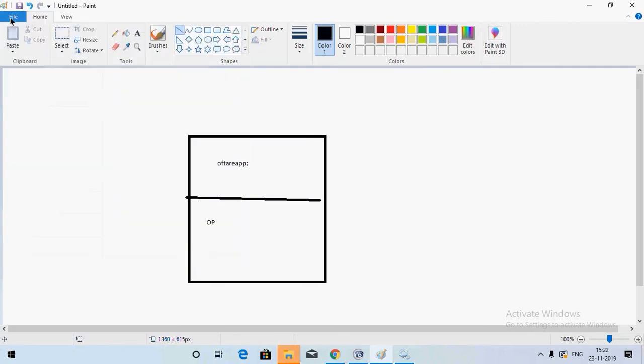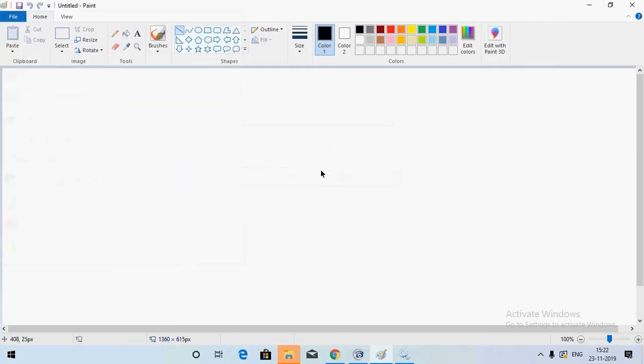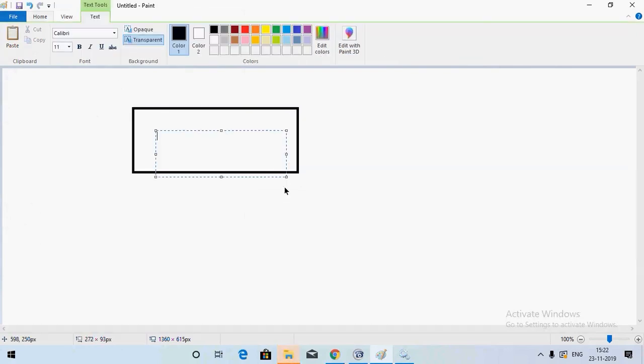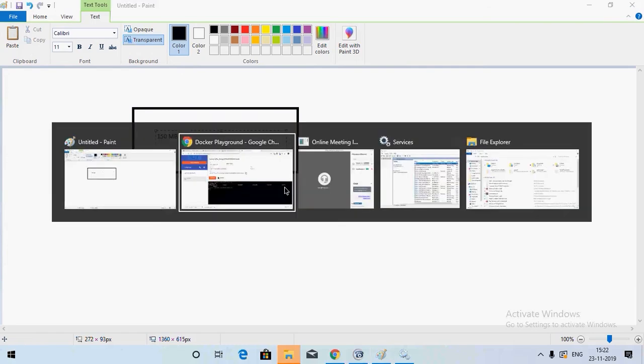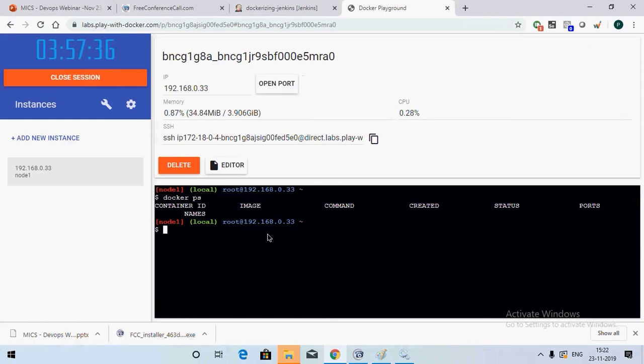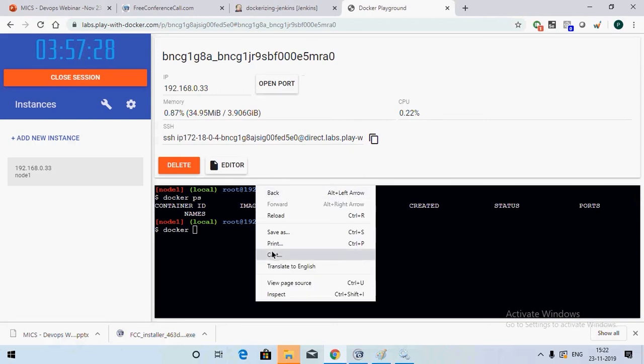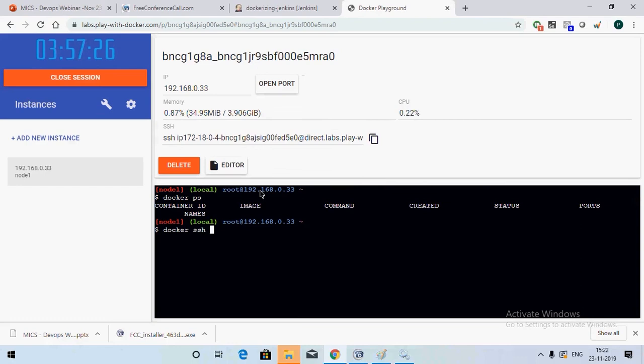What we can do is use something called a container. The advantage of a container is that it is a maximum of 150 MB. On top of the container, you can install anything. I'll just show you. You can search the list of containers. For example, you wanted to search Jenkins.